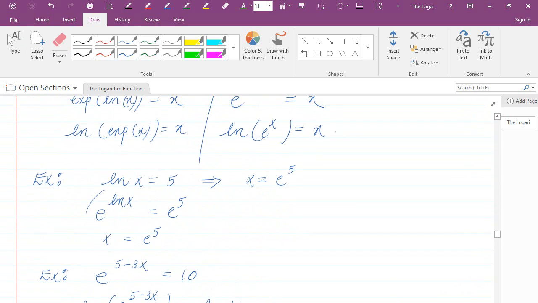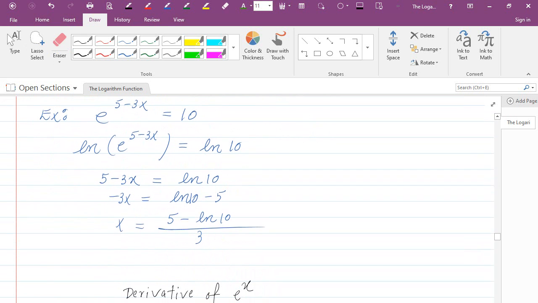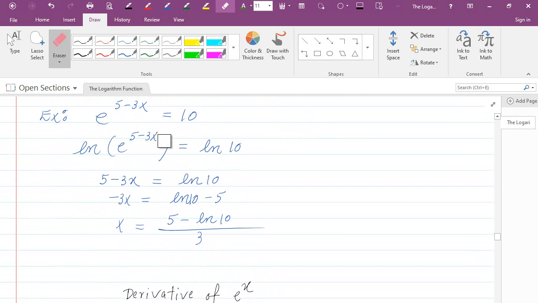And we just looked at this equation here. Ln of e to the power something is equal to that exponent. So we're going to get that 5 minus 3x here, and then ln of 10. And then now we solve for x. So minus 3x would be ln of 10 minus 5, and then x would be, we are dividing by negative